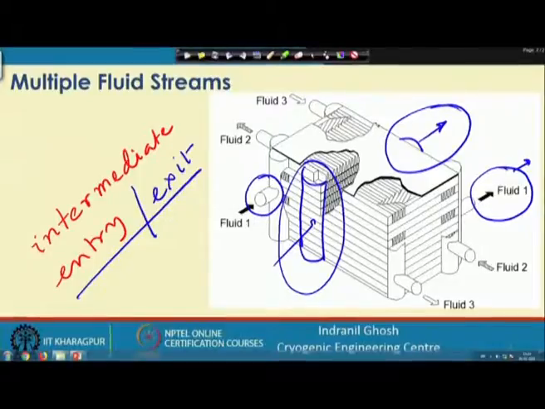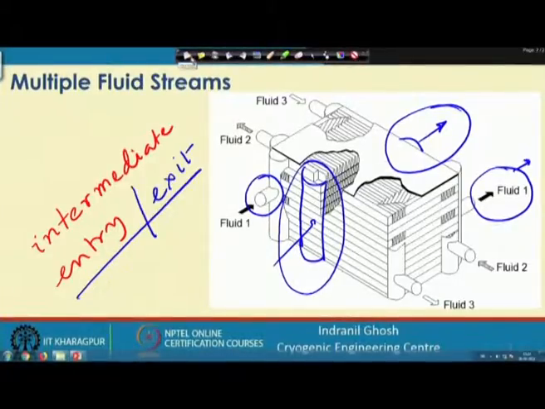So, this intermediate entry and exit of multiple fluid streams is another characteristic feature of plate fin type heat exchangers. So, with this basic knowledge of the fluid streams, now we go to the next